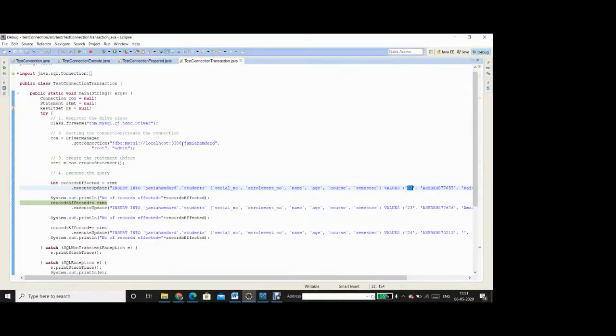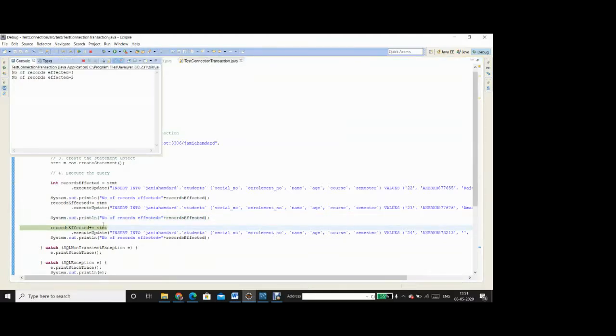Fn basically stands for function key. So I am using the function key and pressing the F6 button. So the second insert statement is executed, and the System.out.println prints the number of records affected till now. It means from the previous insert statement and from this insert statement, it's 2, right?